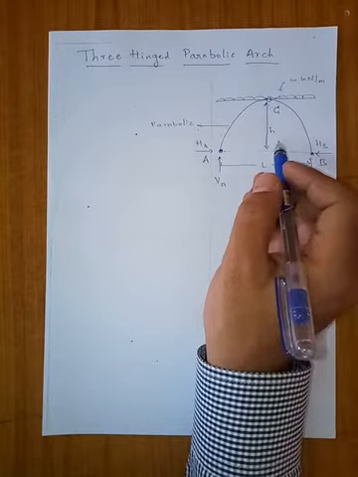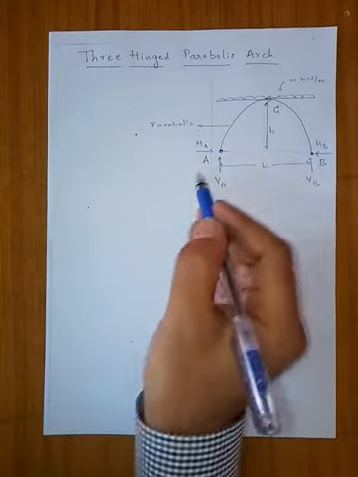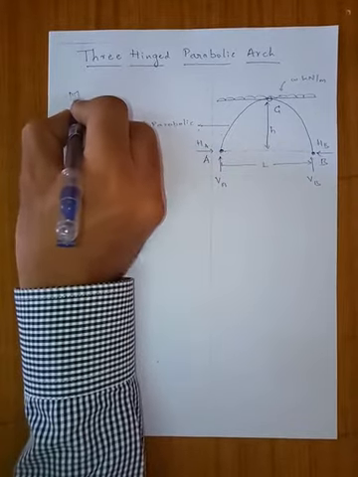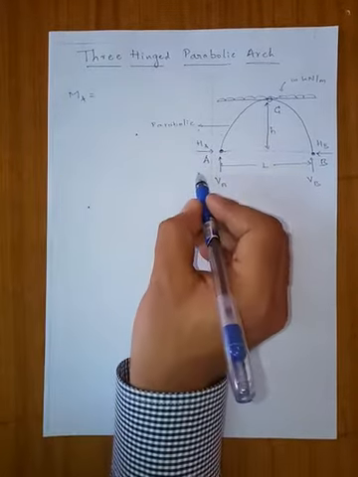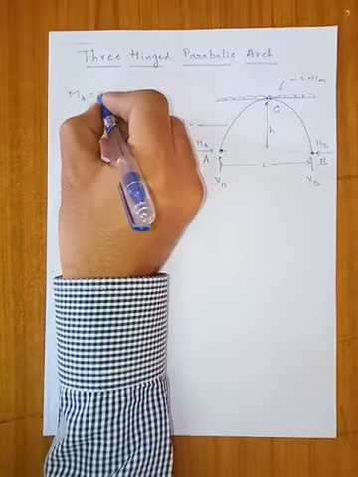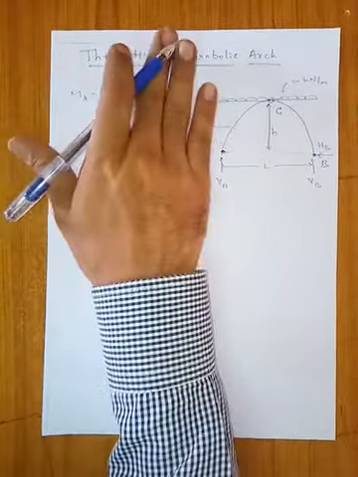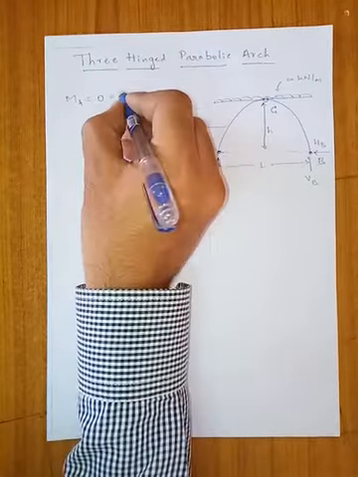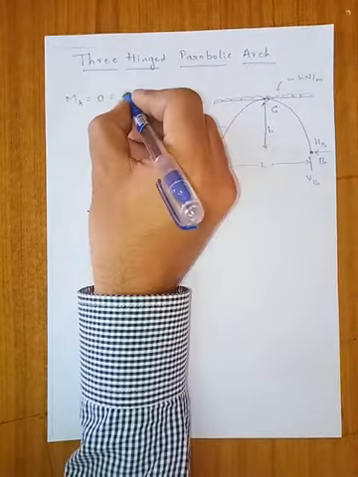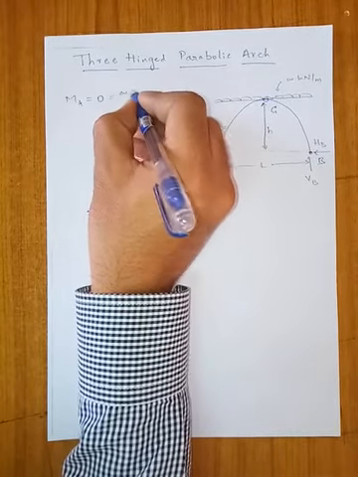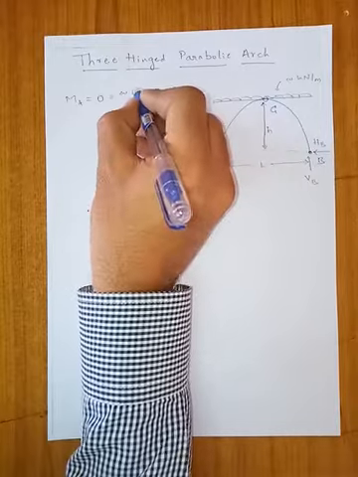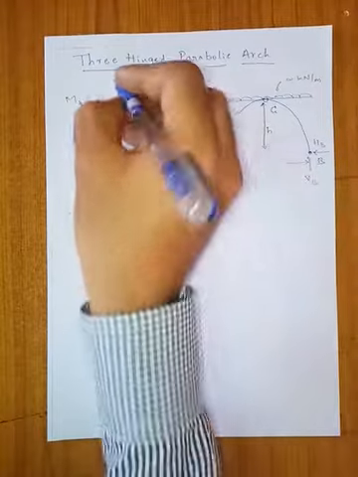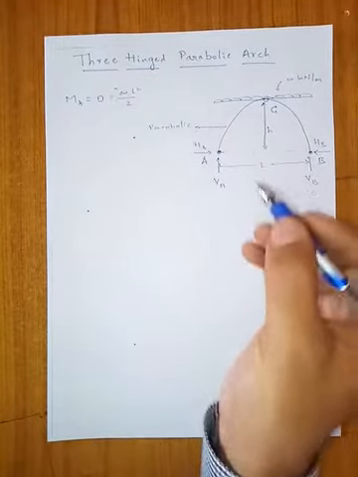Now we will apply equilibrium equation. Let us apply the moment equation at hinge A. Moment at A, how much will it be? Since this is hinge support, the moment will be equal to 0. Now let us consider the right of this section, what are all the forces causing moment? We have the UDL. The moment caused due to this UDL will be W into L into L by 2, which is equal to WL square by 2. Since this is trying to turn clockwise, the sign will be negative.